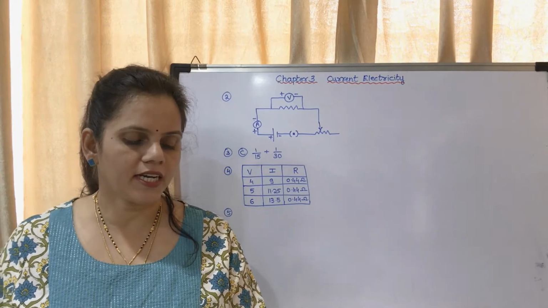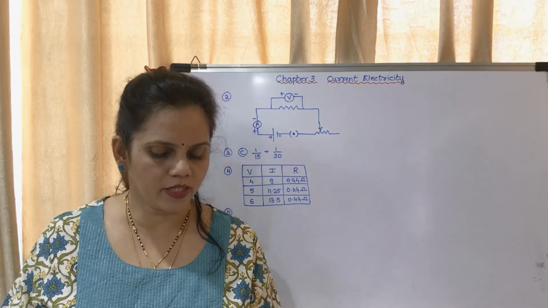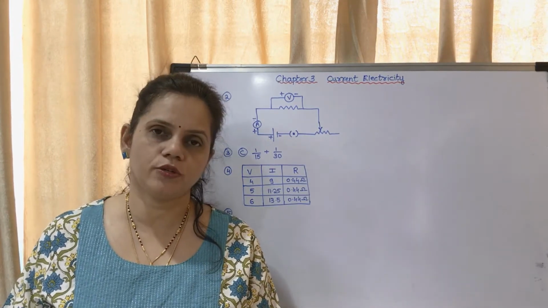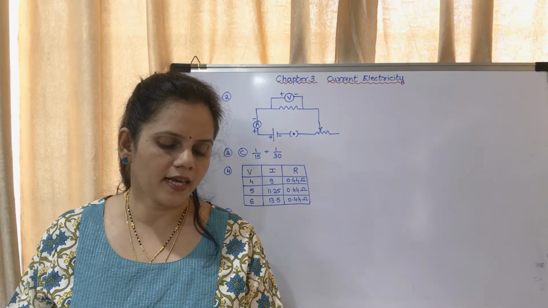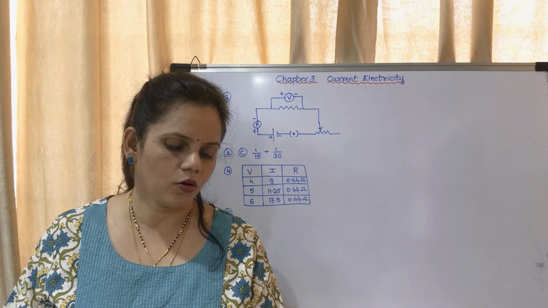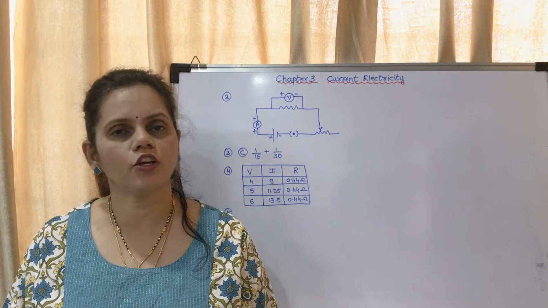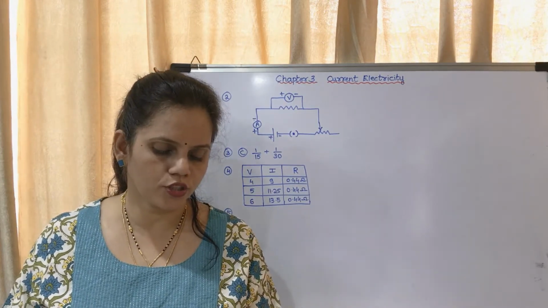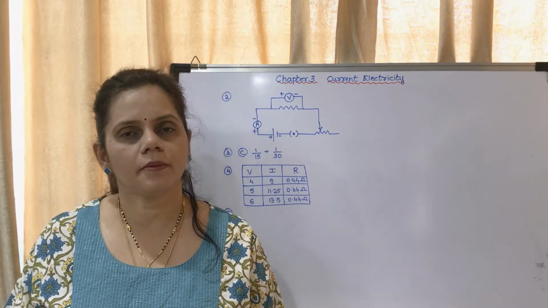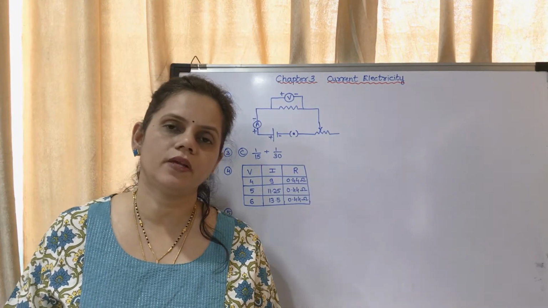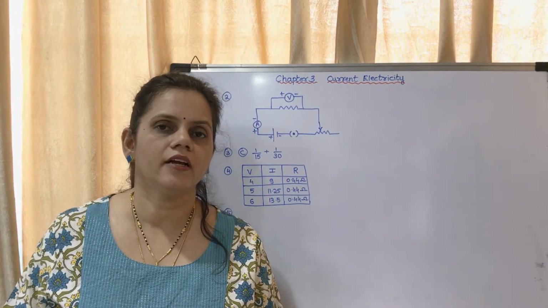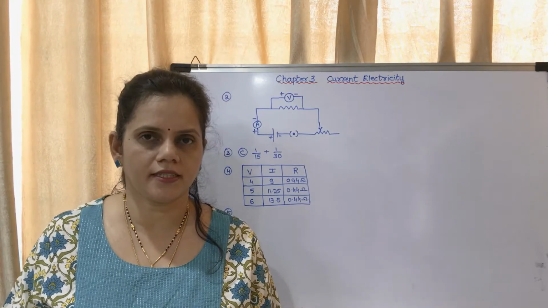Next, before cleaning an electrical appliance, it should be switched off and the plug should be removed. One's hand should be dry. Okay, and as far as possible you may wear rubber soled shoes. Why? Because rubber is an insulator, so it will prevent the current flowing through your body to the earth.